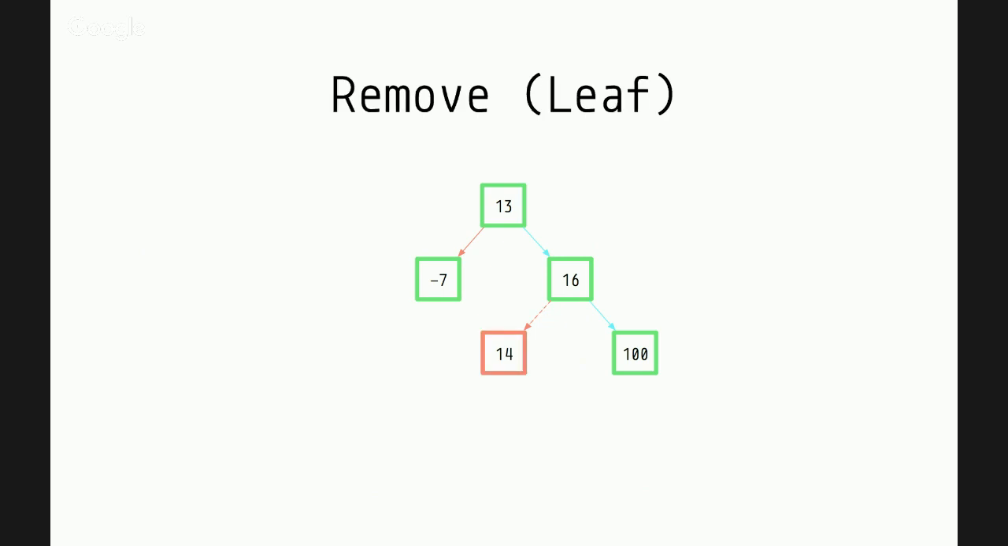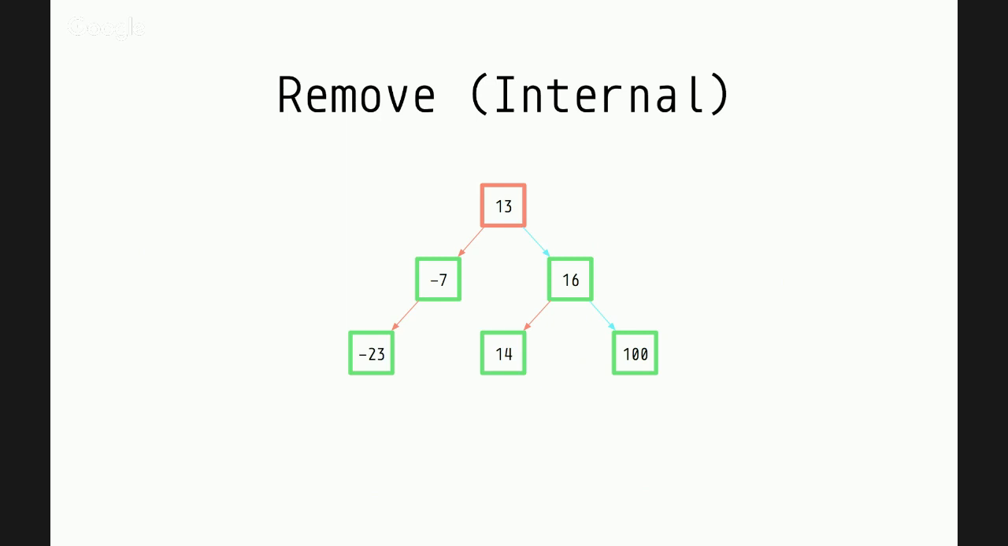And we're done. So removal of a leaf node is extremely easy. You just literally just take it off, no big deal, very easy. But removing an internal node is a little bit more difficult, and I'm not going to talk too much about